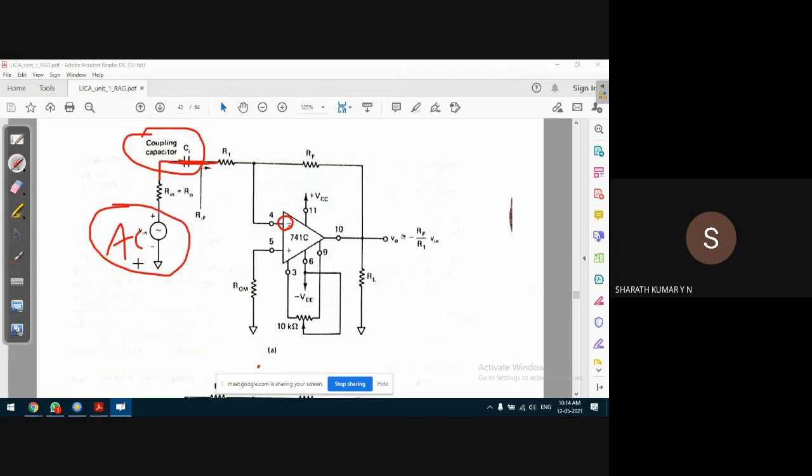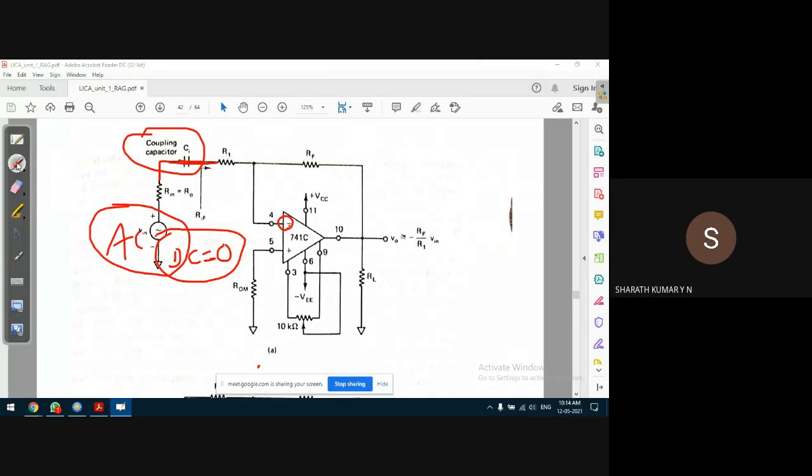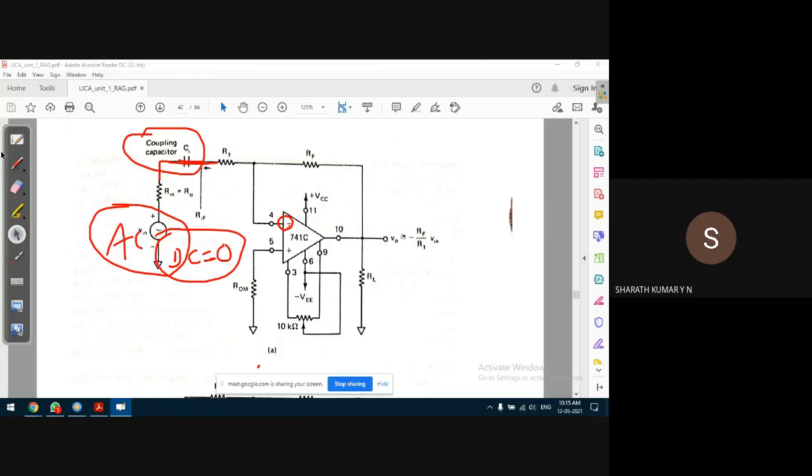What we understand is that this DC content would matter. We are assuming that we are feeding a pure AC, maybe, but still, if this is from a previous stage, as we discussed just now, if one op-amp is feeding another op-amp, there is always a possibility that there is a DC component from the previous stage. So to prevent that, we have to have an input coupling capacitor. That is the reason.